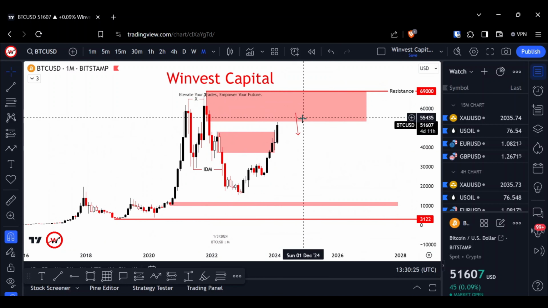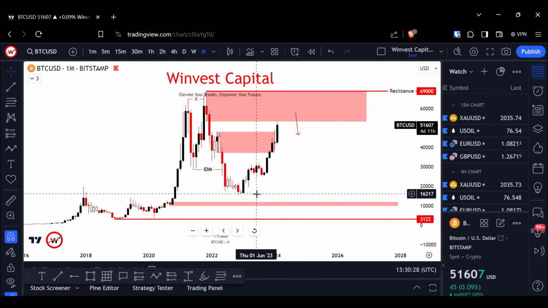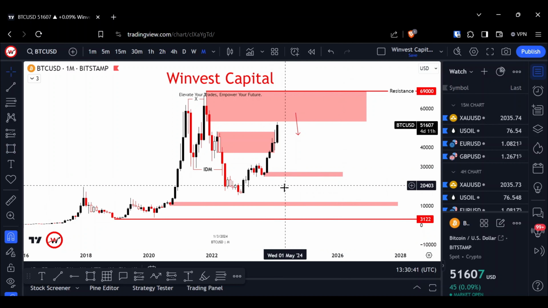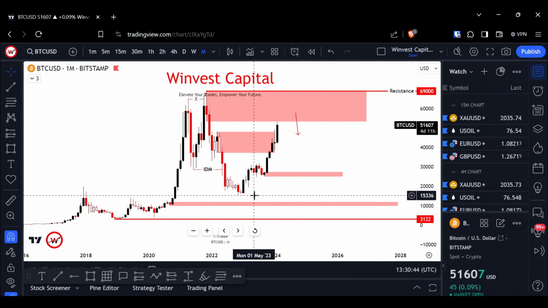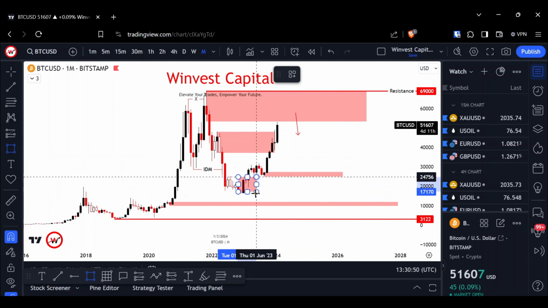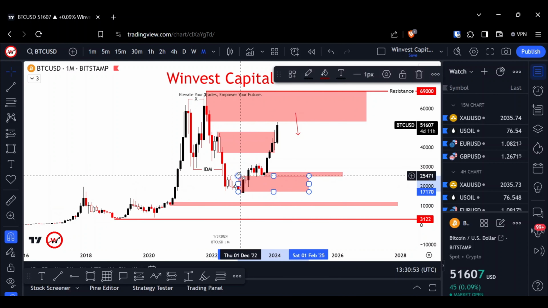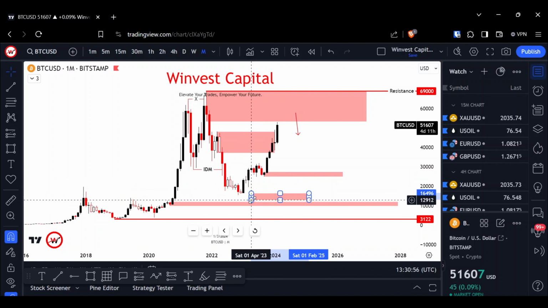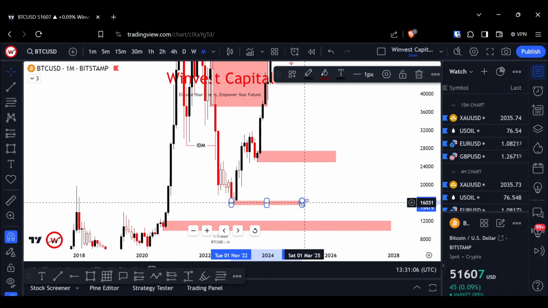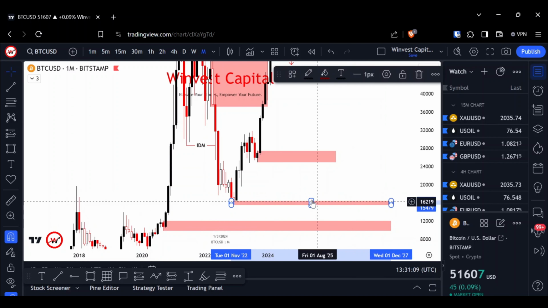When we get a pullback from here, it's most likely that we either go to this first order block, or it could go to the extreme point of this structure. And that's right here. This is a hidden order block